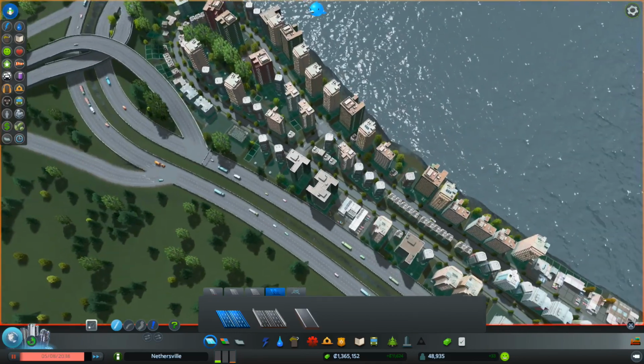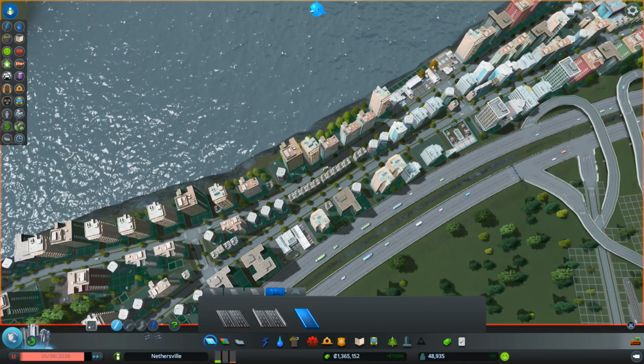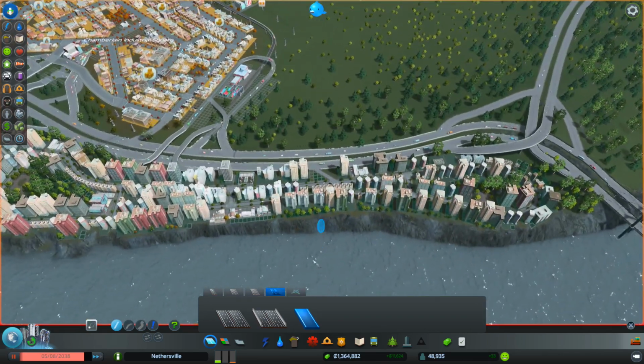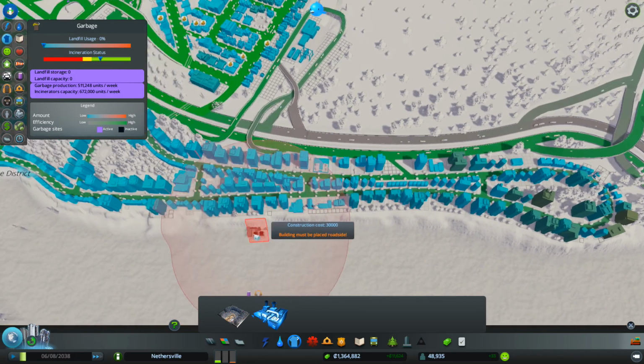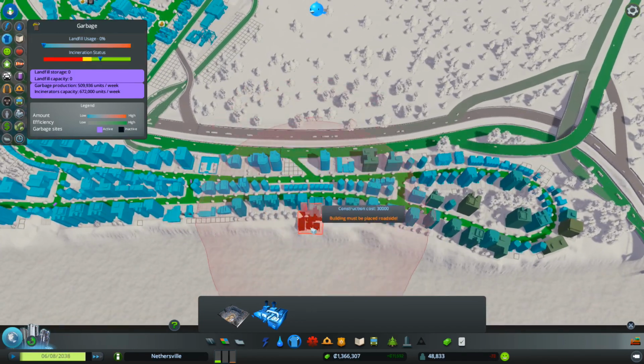Just a mild incursion right here. Like that. There we go. For garbage trucks. See? Garbage trucks can get in there now. So I think we're good. I think that's really all it needs. This might back up. I might have to do something there, but...